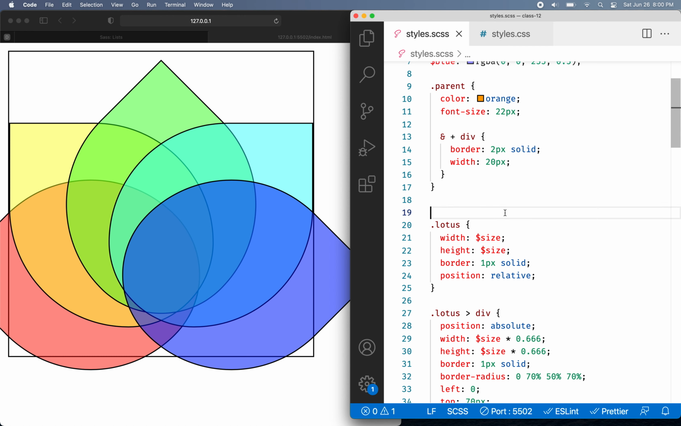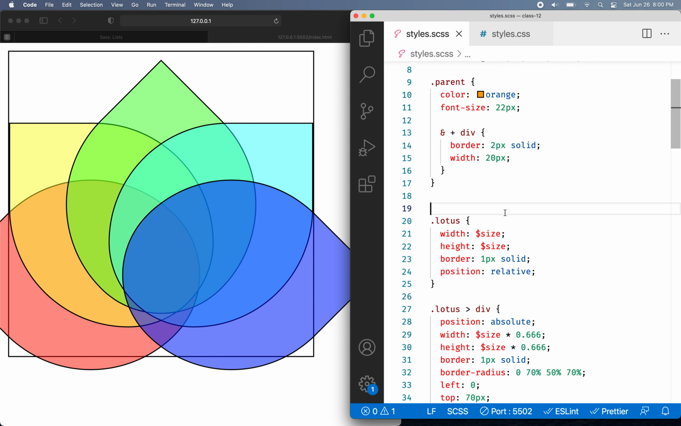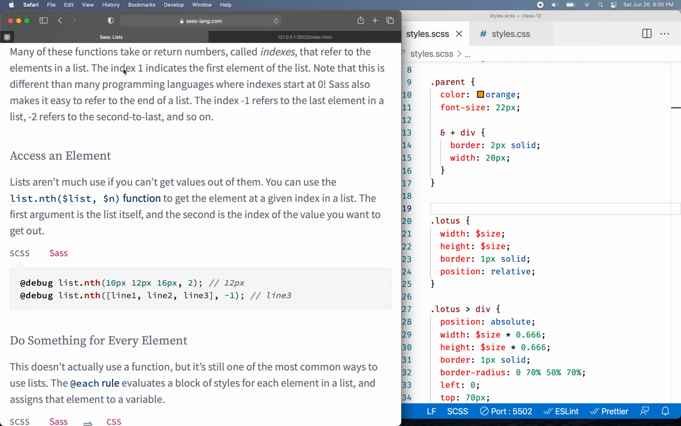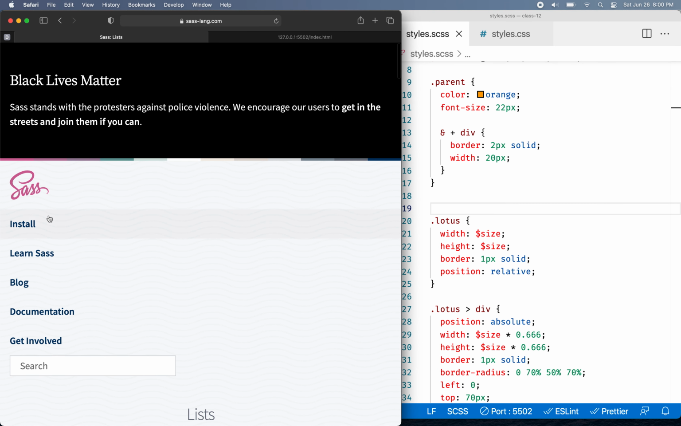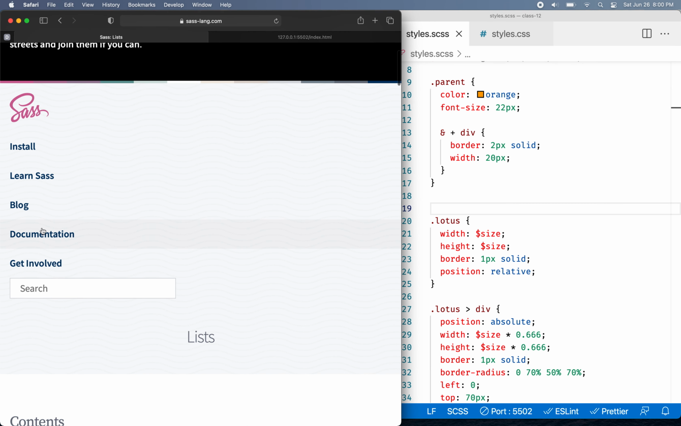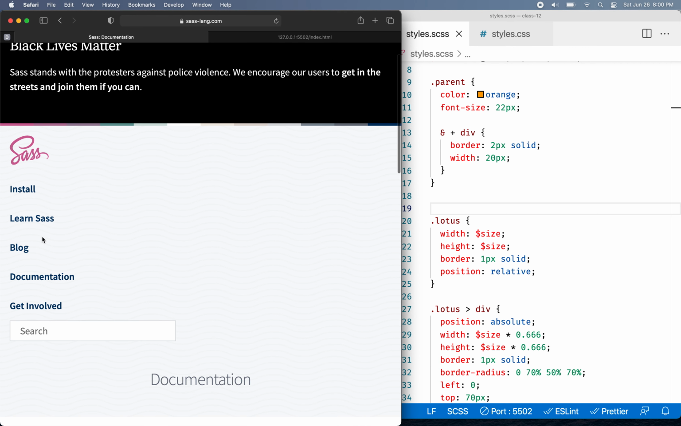So besides variables, Sass also supports other things that we expect from other programming languages. For example, if-else statements and for loops, right? So a for loop can save you a lot of work if you have something that you can automate in your code. All of these are under, I'm going to go to the Sass documentation, and they're under, it's a